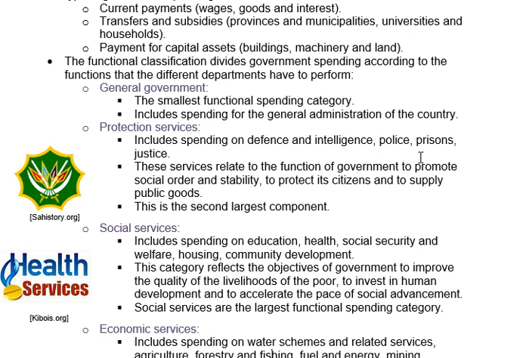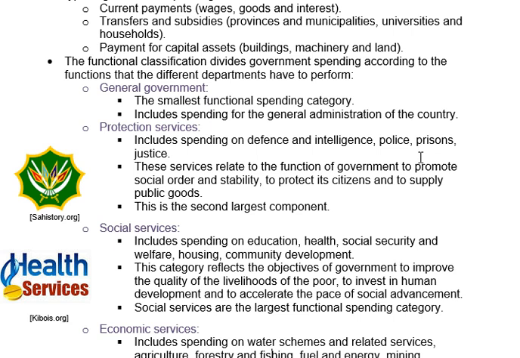The smallest spending category, percentage-wise, will be general government, and this includes any money that they have to spend to run the country, the general administration of the country. So ministers' salaries and stuff will go in here. Whatever money they spend in order to do their job, to run the country, that will fall under general government expenditure. Okay, as I said, this is the smallest expenditure category percentage-wise.